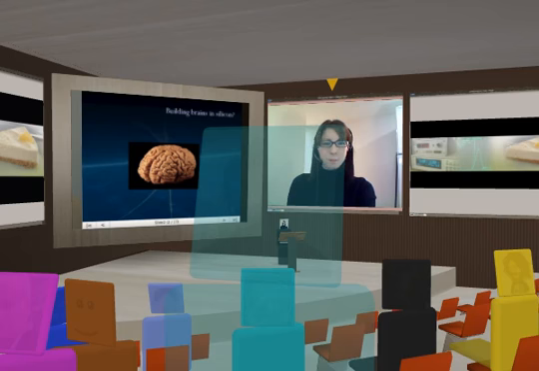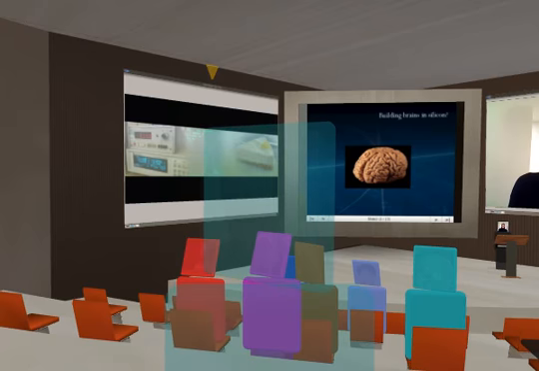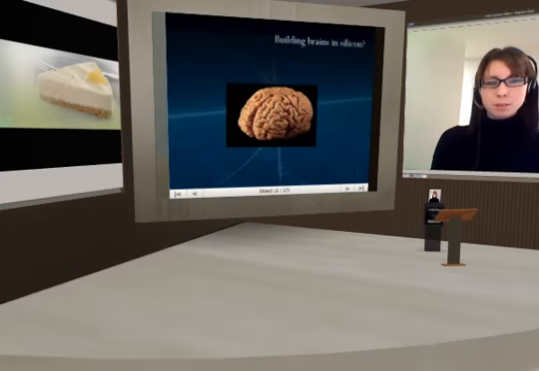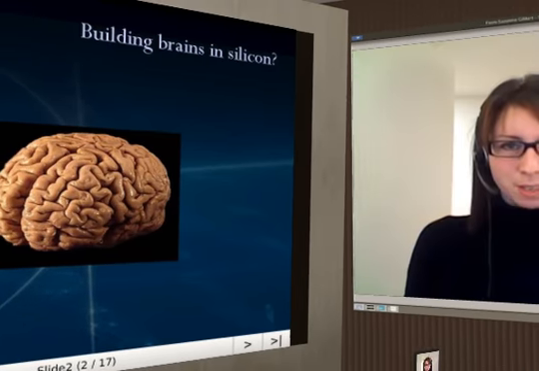So here I've just put a picture of a brain on this slide to try and frame the rest of this talk. So I just want everyone to kind of look at the brain for a while, because this is really what people are aspiring to build when they talk about building thinking machines. So the idea is to try and capture the computational power of this very object in a different substrate. So if you just look at this, it's kind of very different from what we normally think about when we consider the phrase computers.